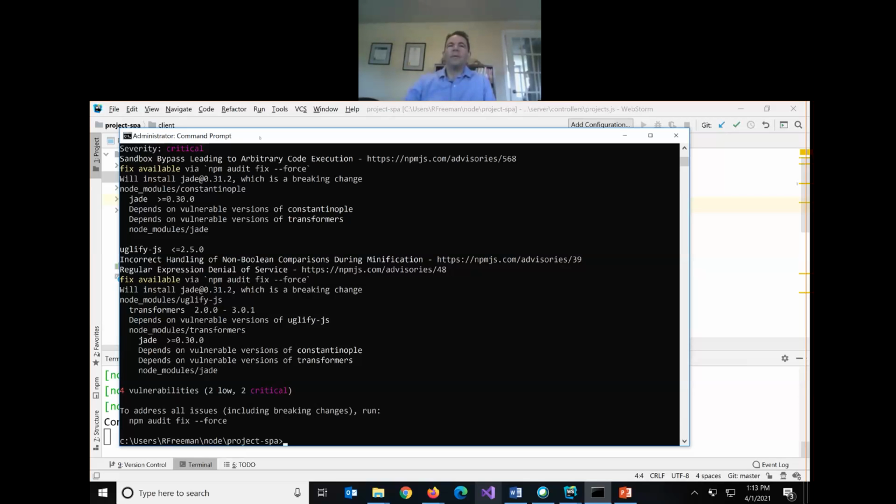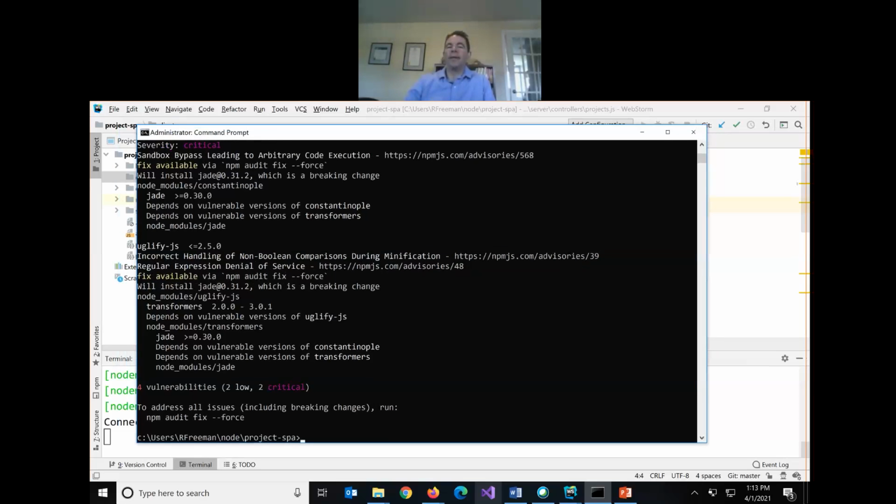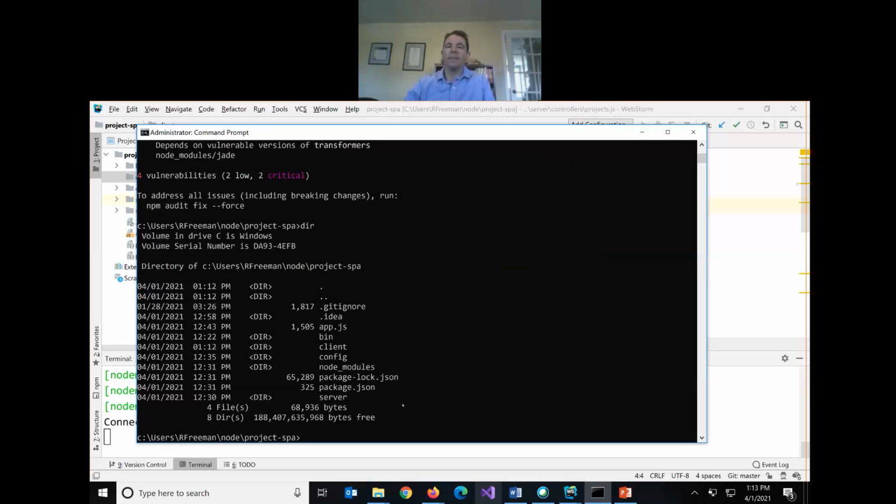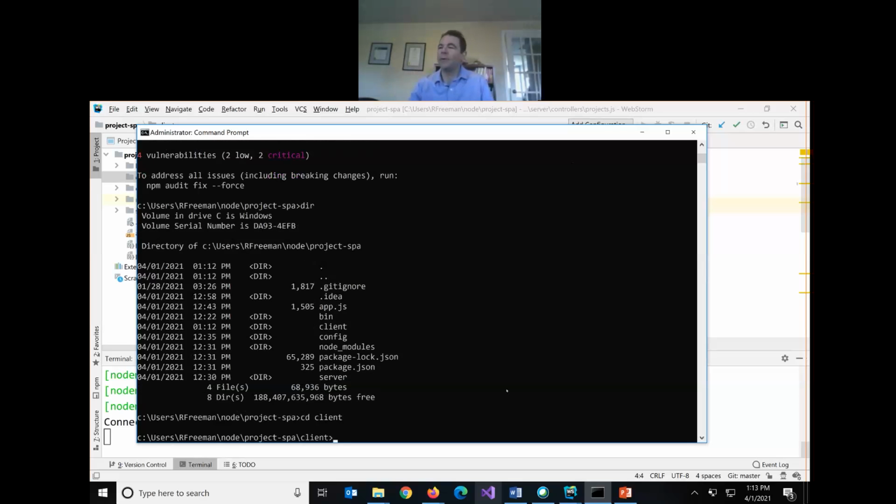So open up a Mac terminal or a Windows command prompt, and let's go into your project SPA folder. And if I do a dir here, we can see what's inside. And then I want to go inside the client directory. So I'm going to run the command cd client. It'll take me inside the client app. And we want to run the Angular CLI in here. So we're going to run,